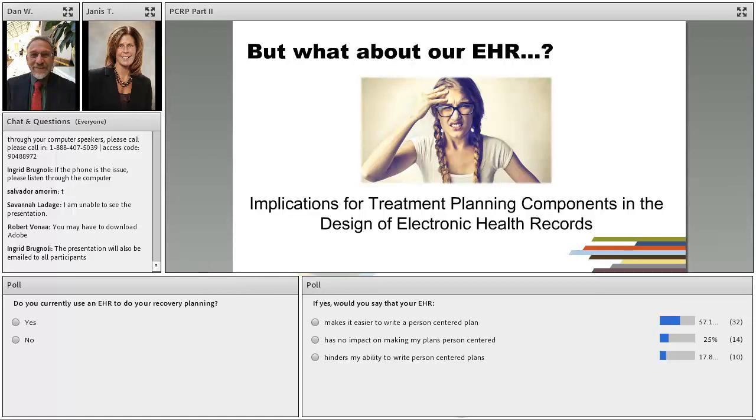I think I mentioned we are right in the middle of an electronic health record implementation right now, and have been designing one based on these principles. So I want to show you what we think that looks like, and what some of the pitfalls have been. Okay, let me go on.